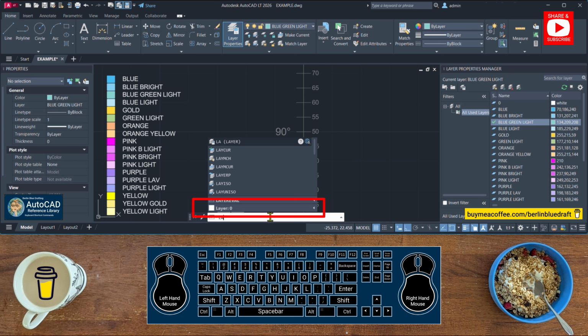At the bottom of the list, you will see Layer 0, which is the default base layer. To open the full layer list, click the arrow on the right side of the autocomplete list. You can scroll through this list using the arrow key or the scroll wheel on the mouse, or hover the